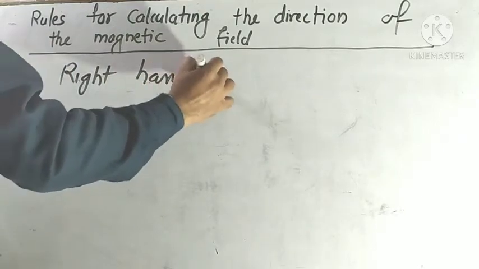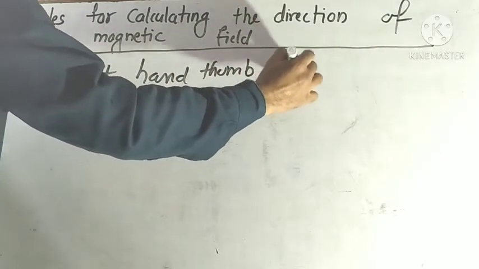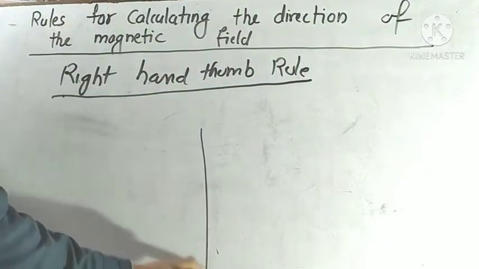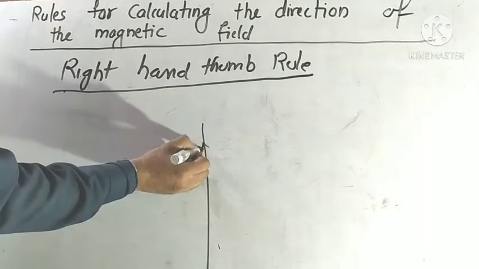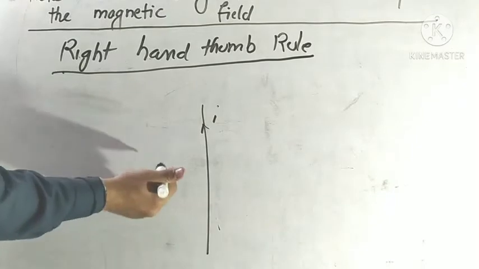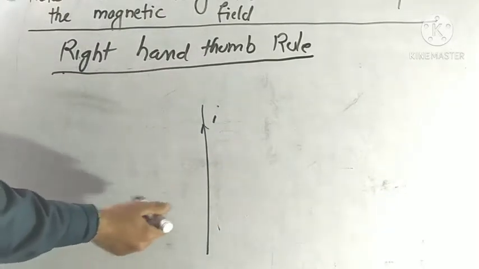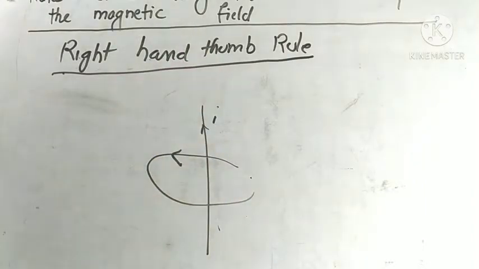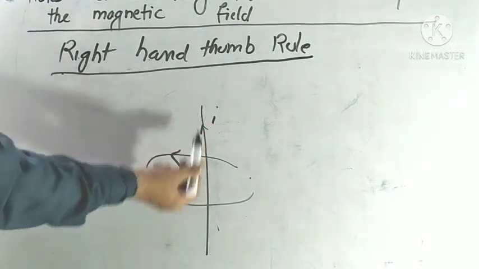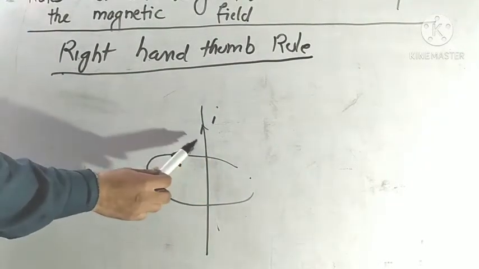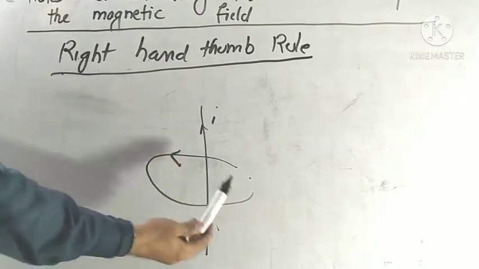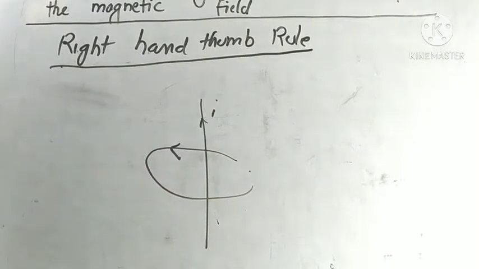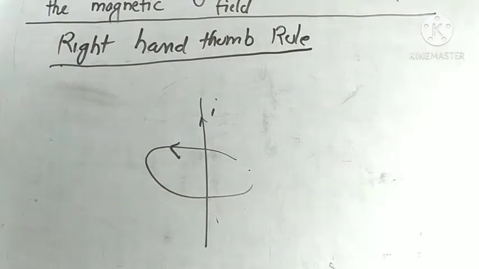Okay, so here we take a wire which is carrying current in the right hand, and the direction of current is along this direction. Then the thumb points in the direction of current, and all the other fingers surrounding the wire give the magnetic field direction due to the current. I repeat again what we do here. So we take a wire which is carrying current in the right hand. Then the thumb points the direction of current, and all the other fingers surrounding the wire give the magnetic field direction due to the current. Okay, so now we see the definition.